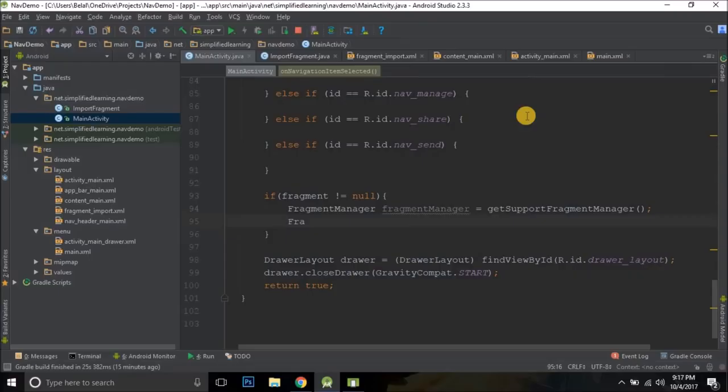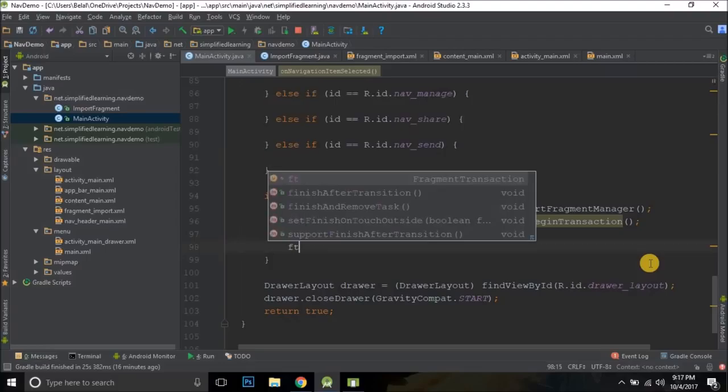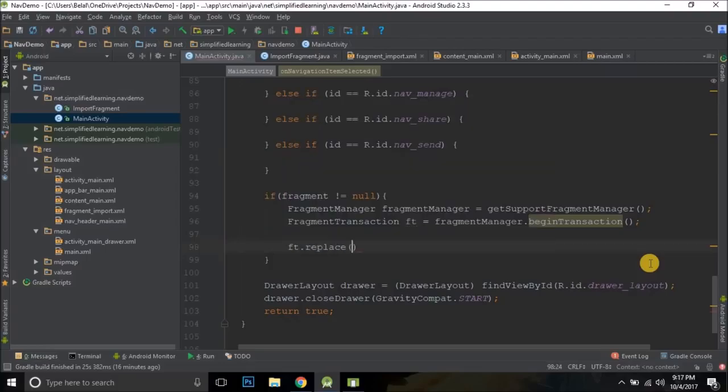Remember this. So we have FragmentTransaction ft equals fragmentManager, and we will begin the transaction. What we need to do is add our import fragment in the view. So we can write ft.replace, and then the first parameter is the container view id, and we have